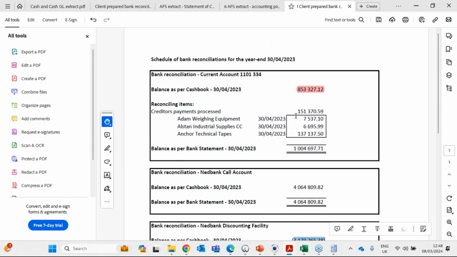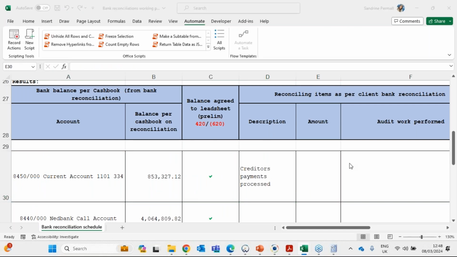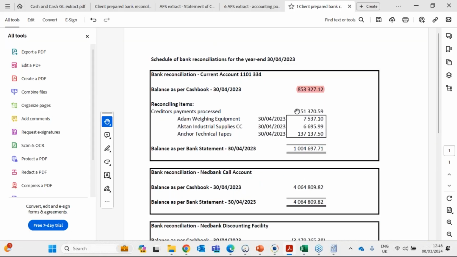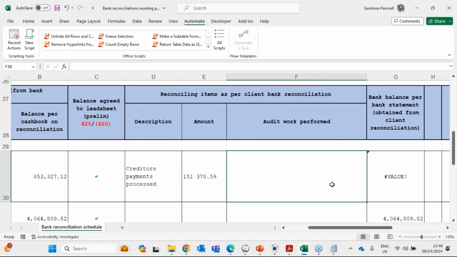We've seen all the different reconciling items. We've got 151,370. So that's the name, the description is creditors payments processed. So I'm going to copy it and insert the description here. And the amount is 151,000. Okay, now what should we do for that